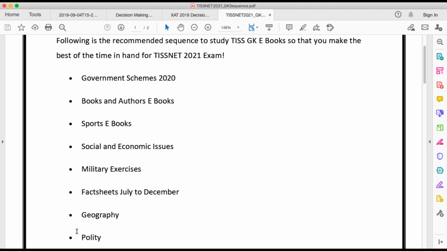Okay. Now, after geography, the next important topic is polity, which you should study. In polity, as we have been taking up in live GK quiz sessions also, they can ask you which article is related to what thing. They can give you match the right article with the right subject of it.